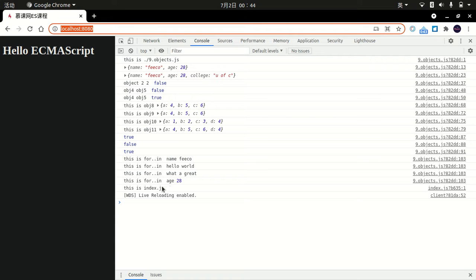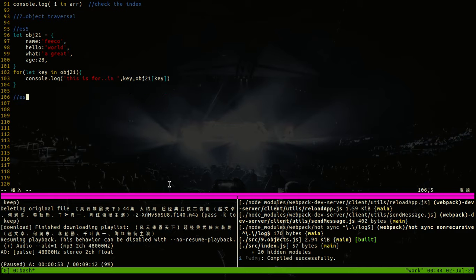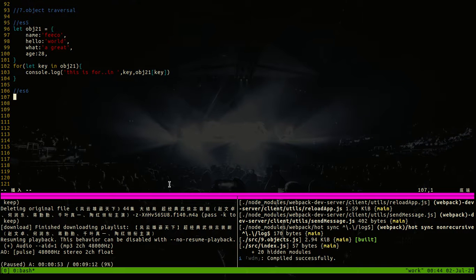So it works. In ES6 there are several ways you can do the traversal as well. The first thing is Object.keys of object 21,